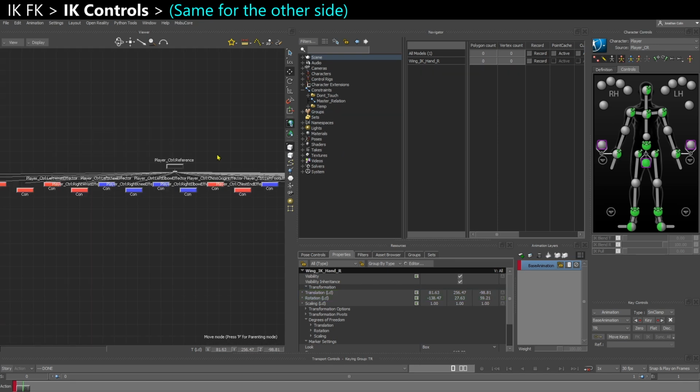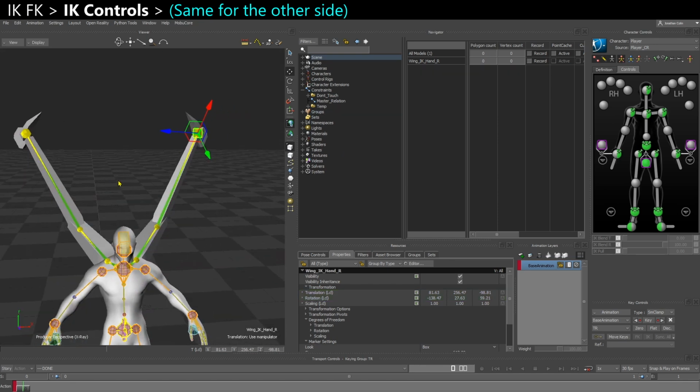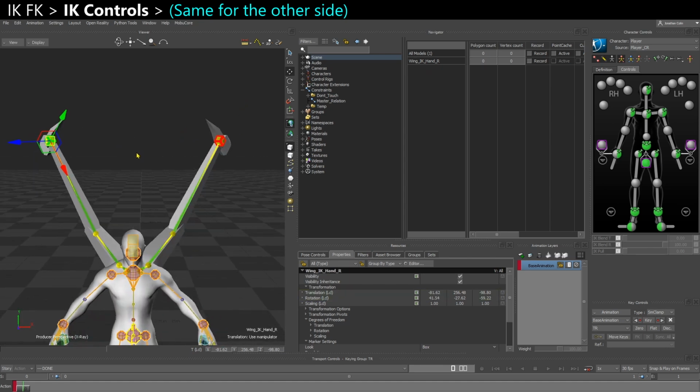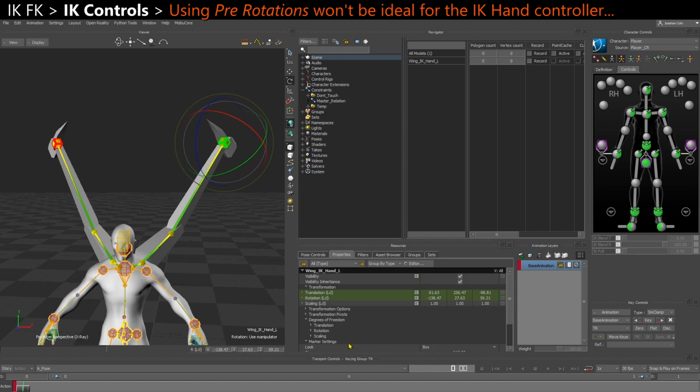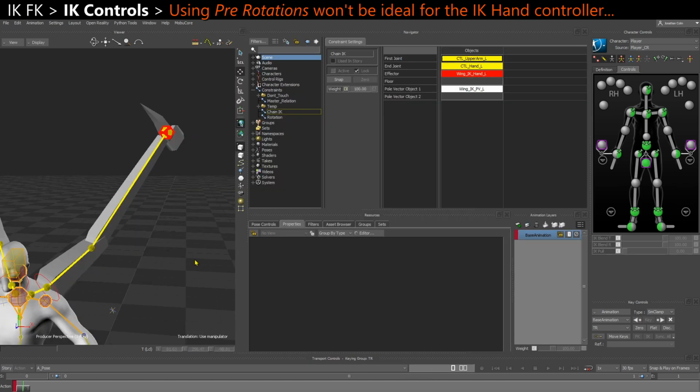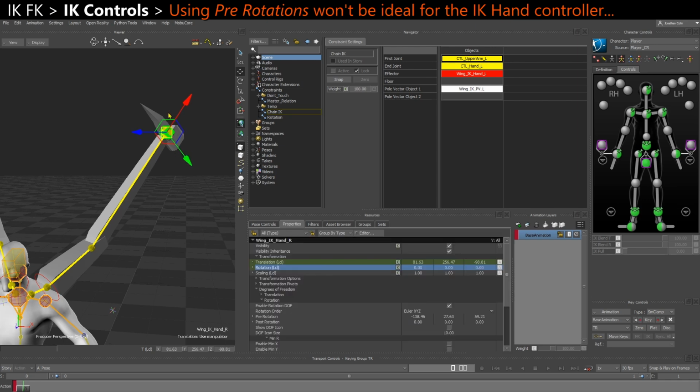Parent it and line it up with the other one. If you want, you may zero out the rotations like we did with the FK, so you may freeze transform them. One thing that isn't ideal with our hand IK controller here is that the translation values are very far